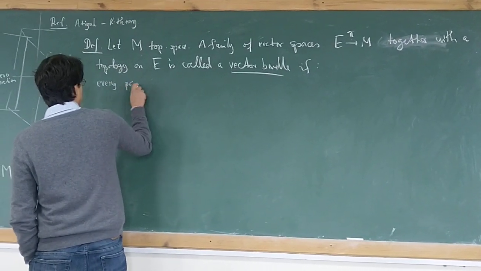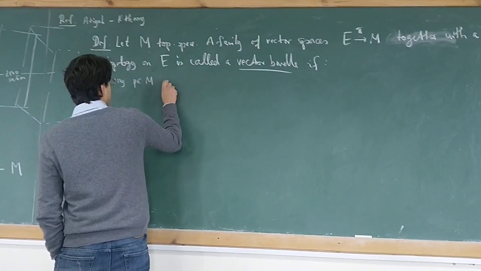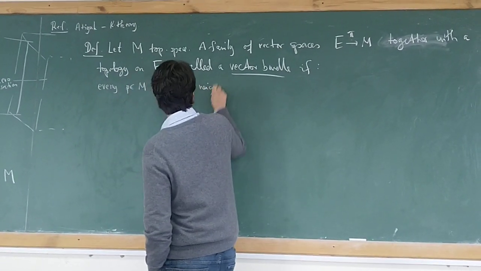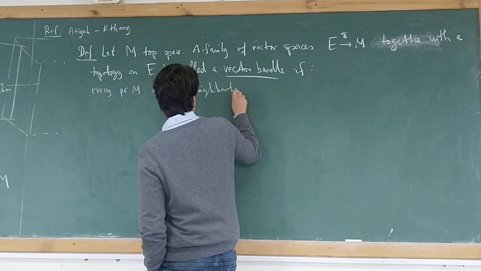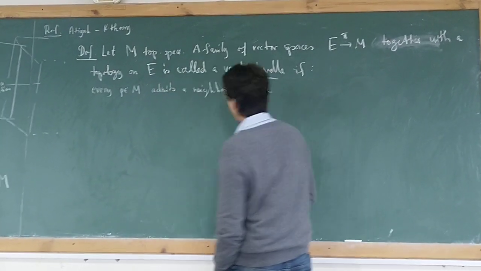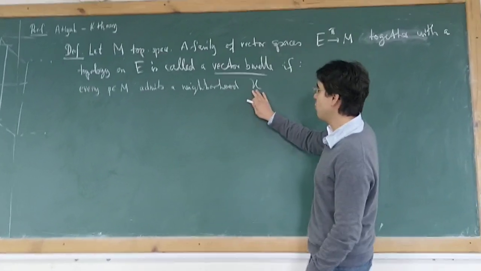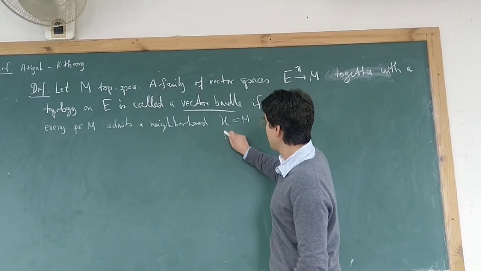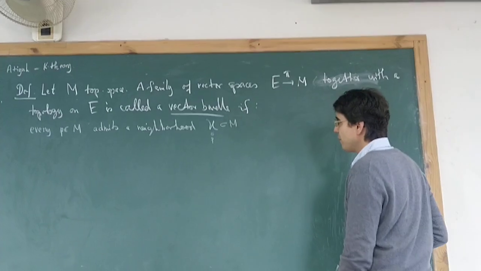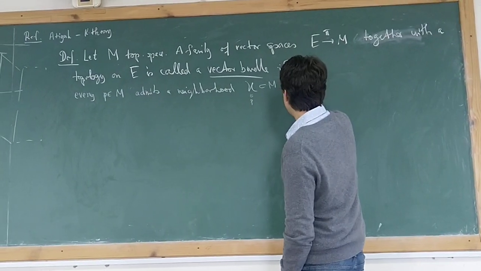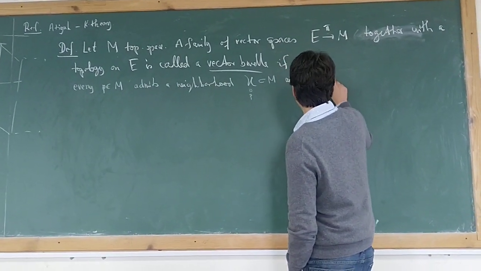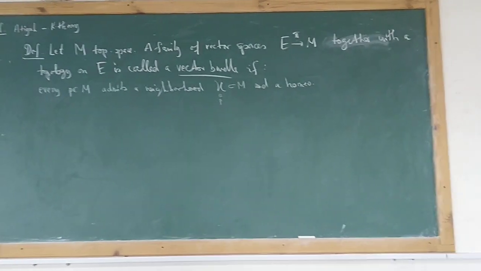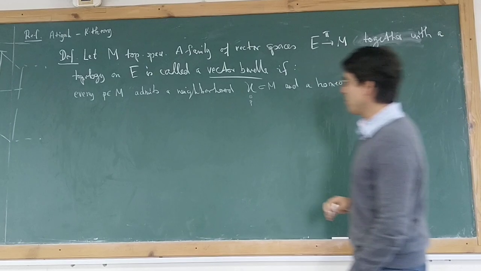Every point P in M admits a neighborhood U of P, so this is an open set in M with P in U, and a homeomorphism. Recall that this is a bijection which is continuous, and the inverse is also continuous. A homeomorphism H